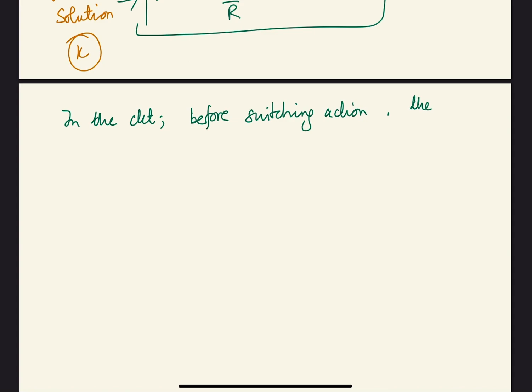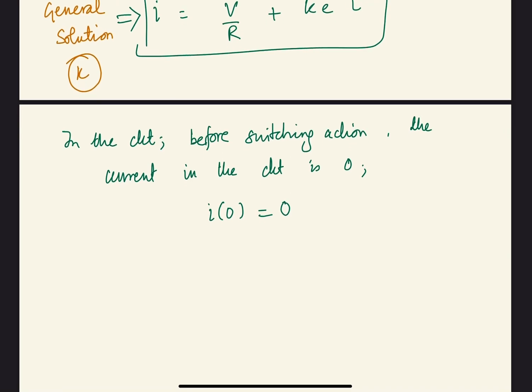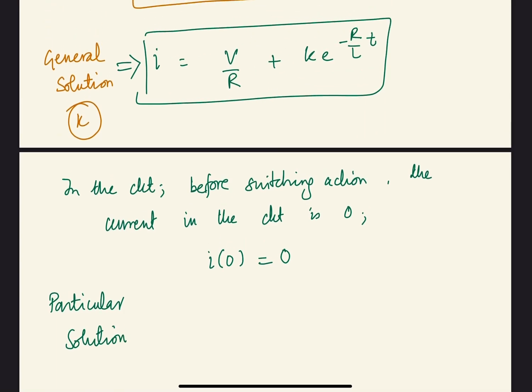The current in the circuit is zero, and immediately after the switching, the current will continue to be zero. So I(0) will be equal to 0, or the initial value of the current after switching would be 0. And the particular solution for this equation which we have here,